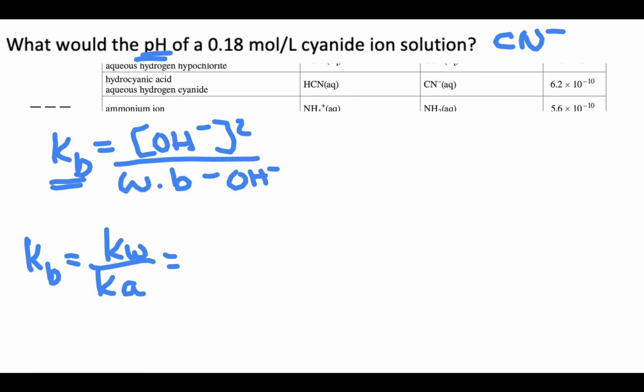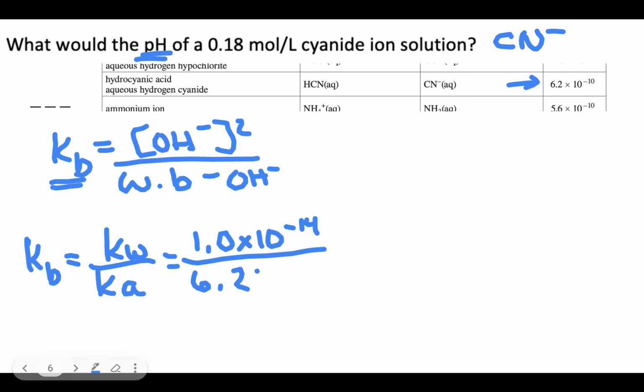So your Kw is on page 8-9 as well, so 1.0 times 10 to the negative 14. And you can use the Ka of the CN ion, we just change it to Kb. So we take that value, again, this is on page 8-9 of your data booklet, and we divide,